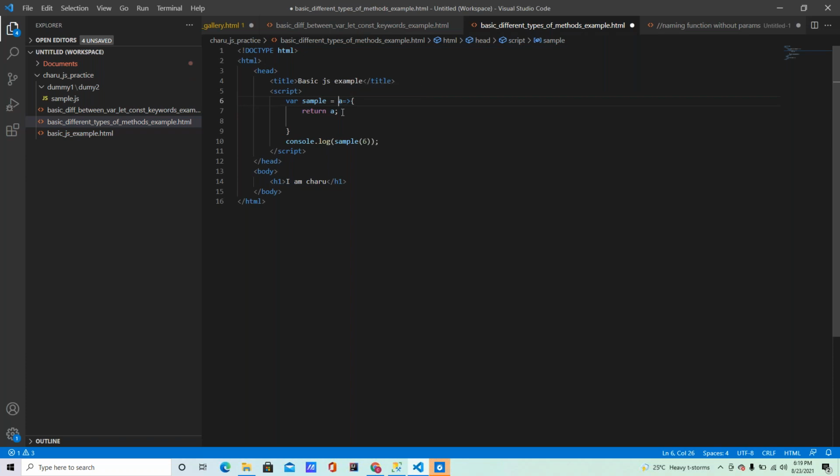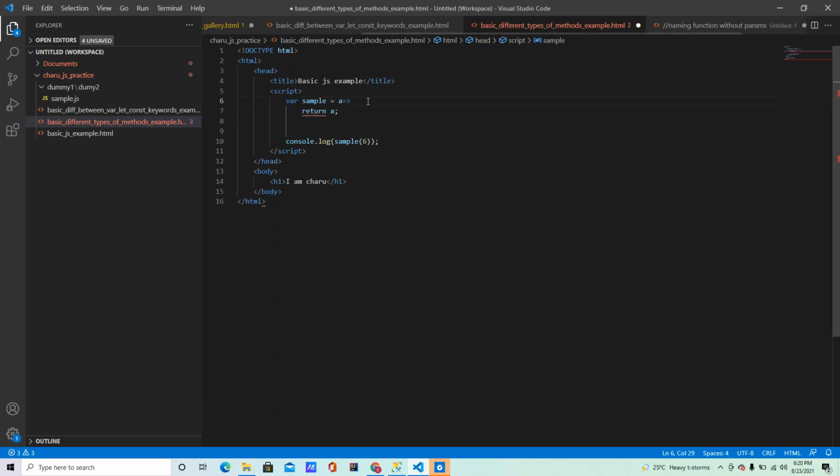And how many lines of code am I executing here? How many statements am I writing here? Only one statement. I don't have anything else here. Since we are returning only one statement, there is no need to use curly braces either. It doesn't require any scope.